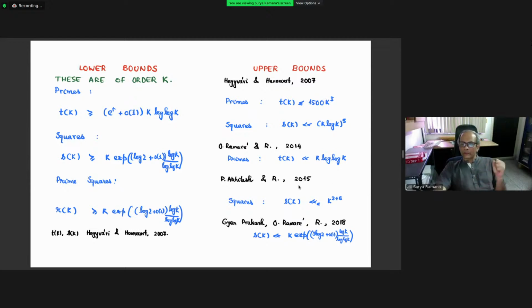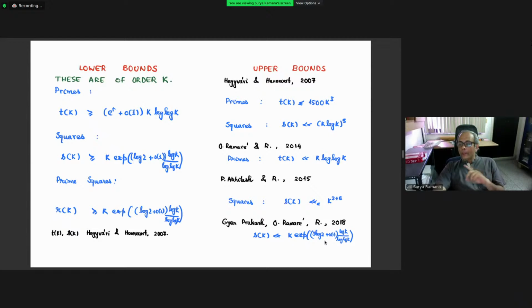Then subsequently in 2015, Akhilesh, who was then a student of mine, and I worked on squares and we got the bound. We reduced the k (log k) to the power of 5 to k to the power of 2 plus epsilon. Then in 2018, Olivier, Gyan, and myself could get, for the squares, a bound of